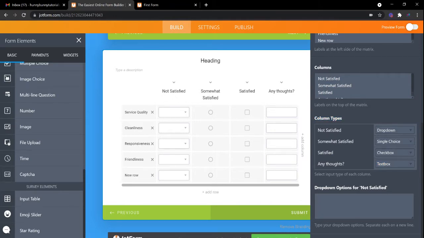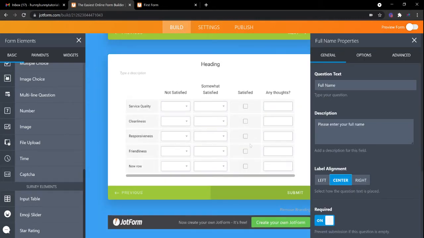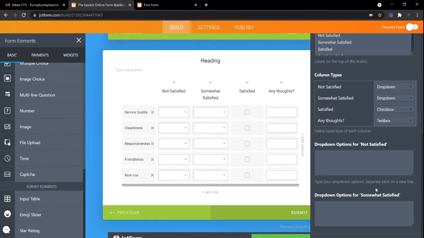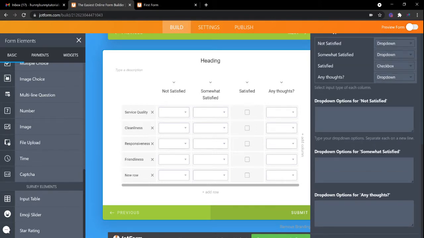So the thing to remember about this field is we cannot put a validation into this field, like which option we will be using. So this is how it will work. And for drop down options, the number of drop down fields you have added into your form will be displayed here. Right now, there are two columns with drop-down, so the drop-down options will be displayed here. If we choose a third column as a drop-down, then you will see a third box will appear here. So you can simply separate the options on each new line, and the boxes will be created here.